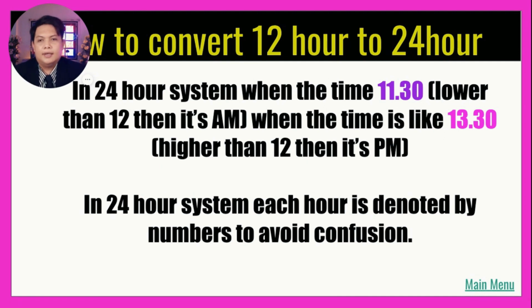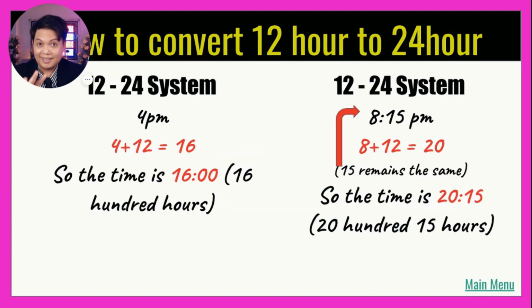So for me, I guess the 24 clock system is better than the 12-hour clock system, because if the number is more than 12, meaning it's PM already, you don't have to ask, when is your flight leaving? Oh, it's 6. 6 what? 6 a.m. or 6 p.m.? So it's clear when the person said, your plane is leaving at 1430 hours. So it means it's 2:30 p.m. in the afternoon already. Okay? Are we cool? Still okay?